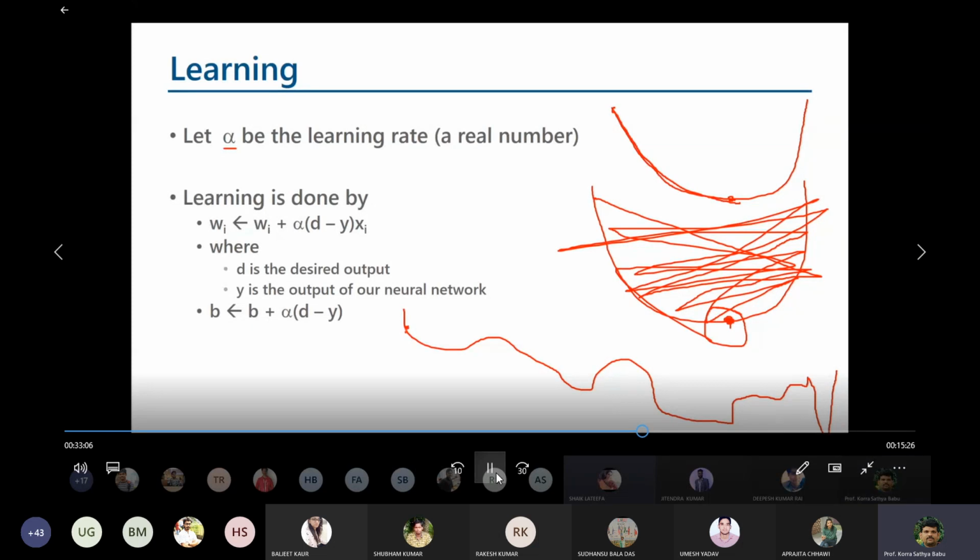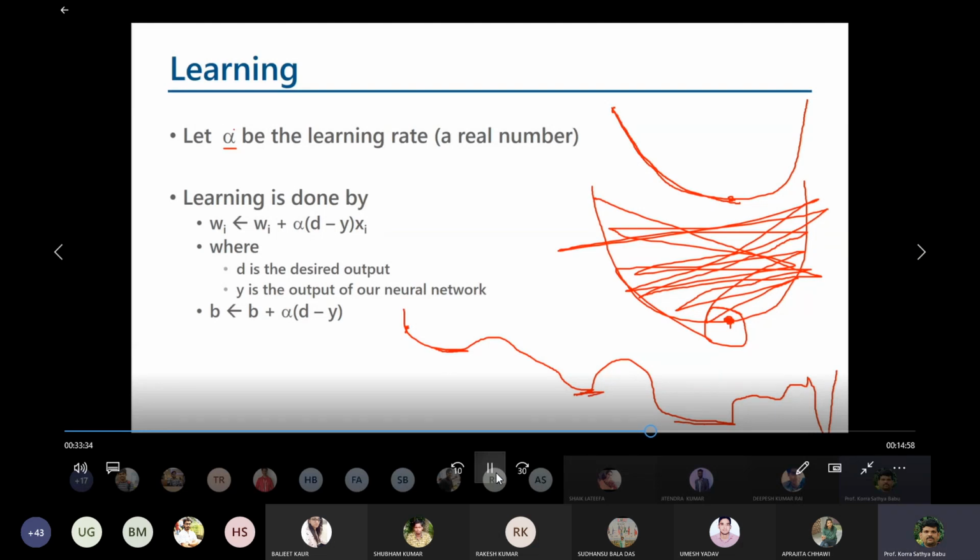Sometimes it may get stuck in a plateau region. Yes, it may get stuck in this plateau region, or this region, or this region, and it will take most of the time. Sometimes it may learn unnecessary features also. Yes, that may also be there. Multiple problems are there, so we have to choose some balanced rate.